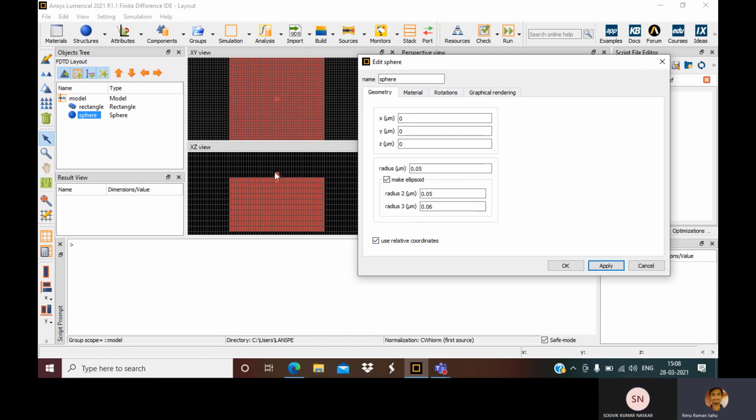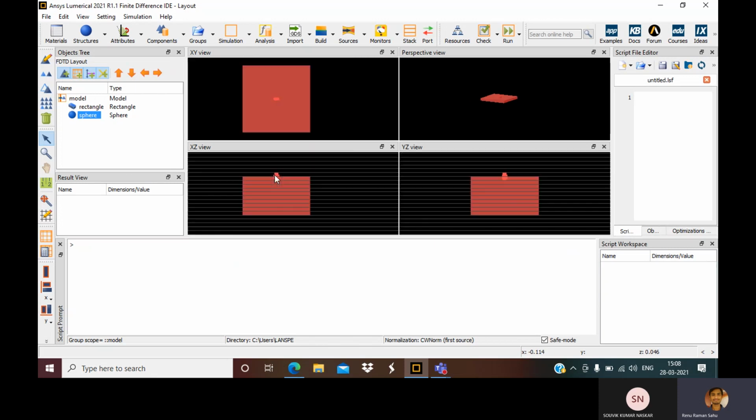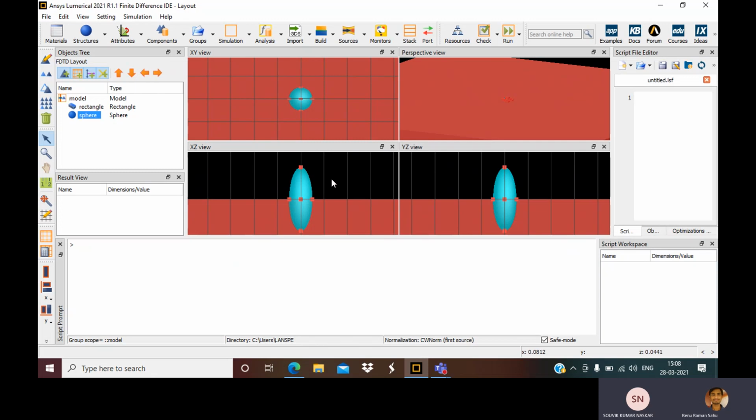What I did was just apply. It is very small. This is 40 microns, whereas the rest is very small.